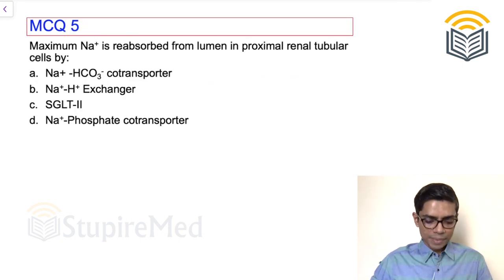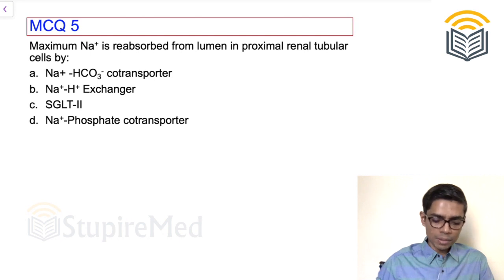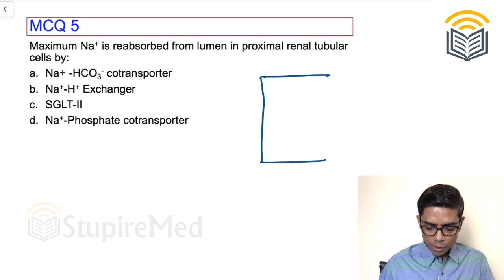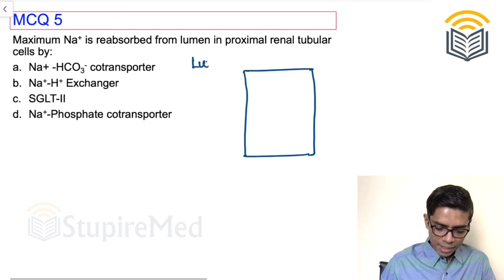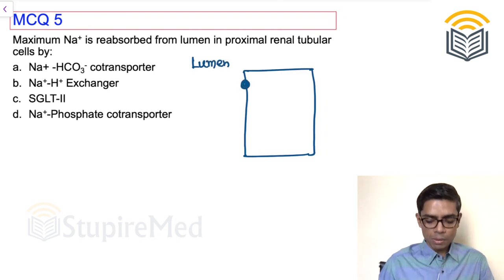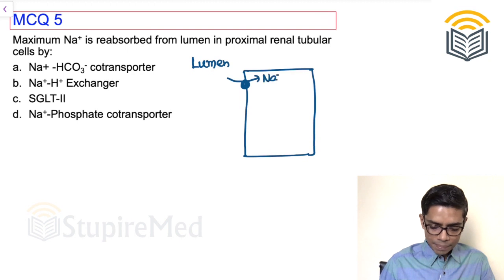Question number 5. Maximum sodium is reabsorbed from lumen in proximal renal tubular cell. So the question is from the luminal side, and it is the proximal tubules, right? So please remember that at the level of proximal tubules from the lumen, there are 3 major groups of transporter. One is transporting sodium along with glucose. So this is nothing but